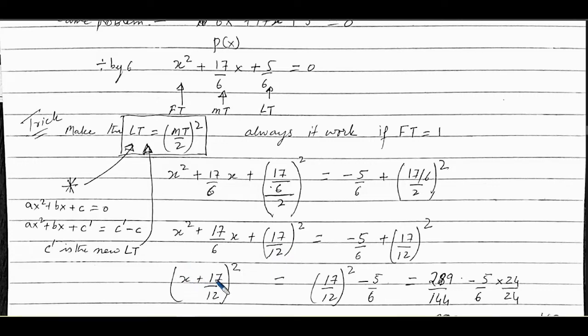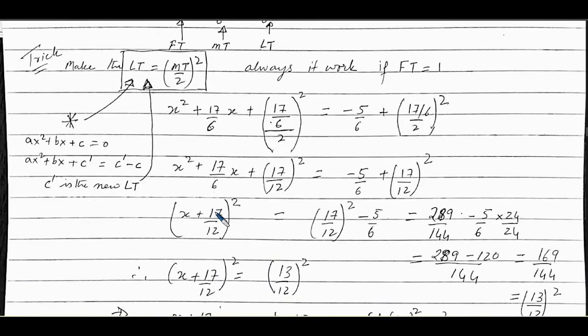This is (x + 17/12) the whole square. That is big. Why? Because if you expand this, it is x² + 2·x·(17/12); the 2 and 12 cancel to 6, so it is (17/6)x, then (17/12) the whole square. Equal to minus 5/6, and here 6 will go down, 6 into 2 is 12. Okay, so now I have (x + 17/12)² is equal to a number which